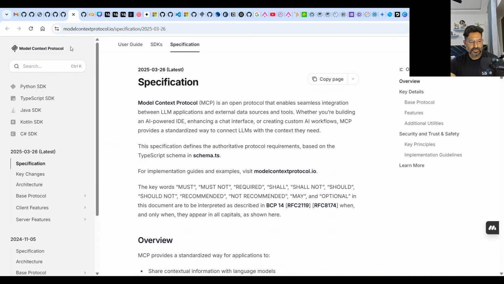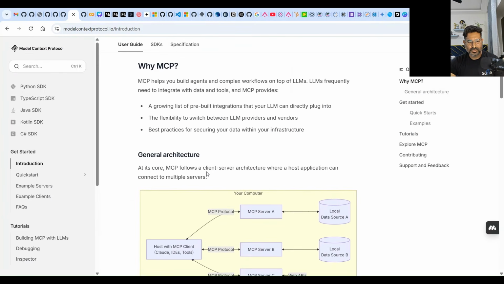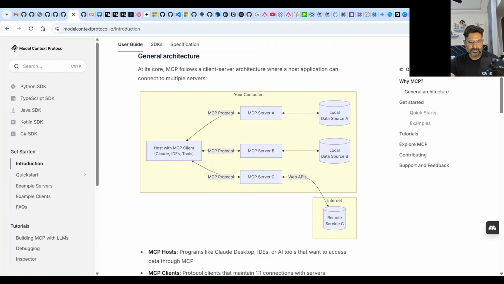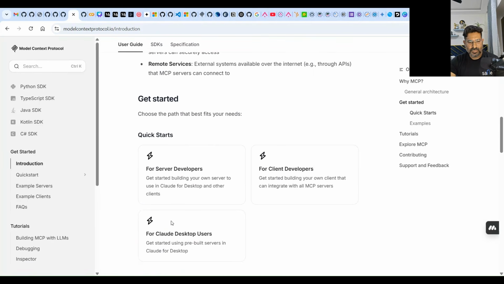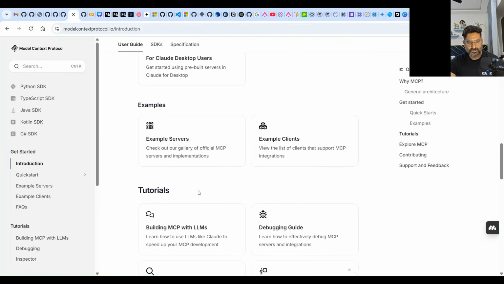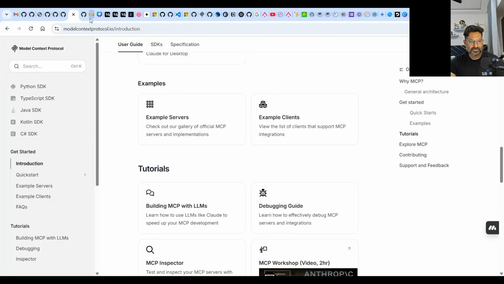So you have the GitHub ones as well. If you go back, they have a detailed explanation of how MCP complex workflows are defined from your MCP server with the different kinds of clients, and how it interacts with local or external remote databases as well. And it has those architectural designs. So I'm sharing that in the link as well.